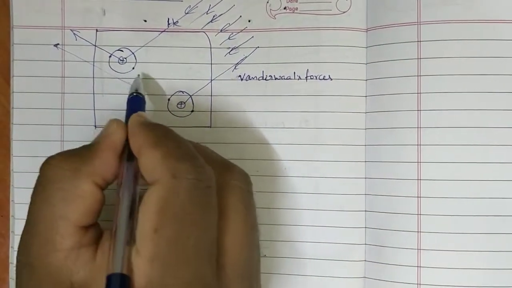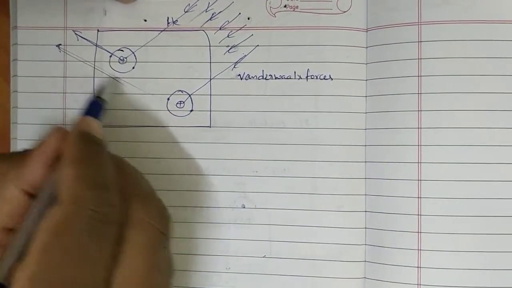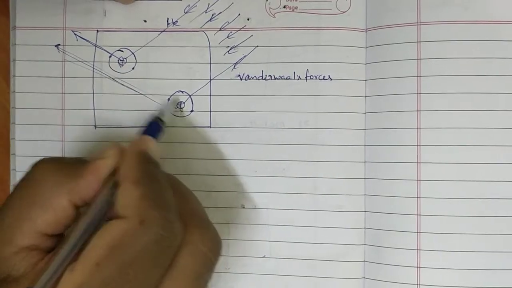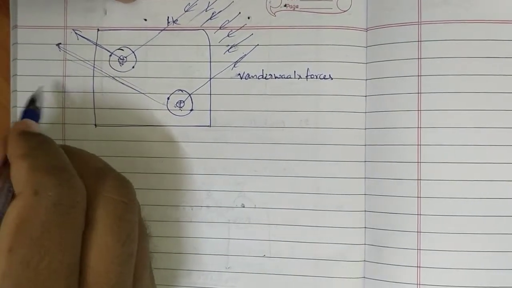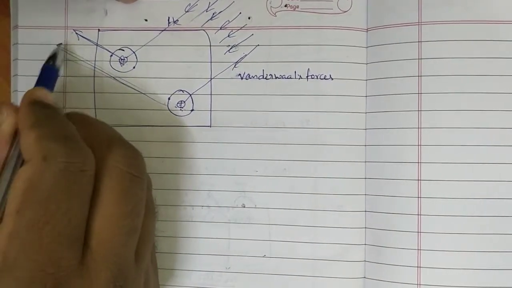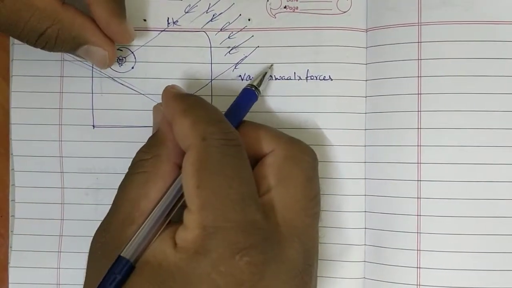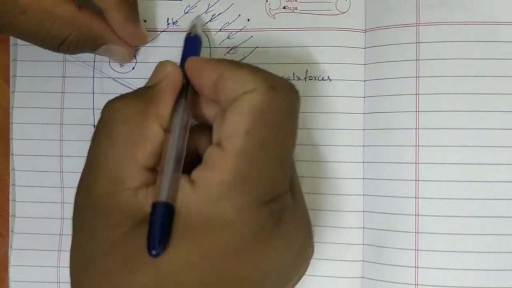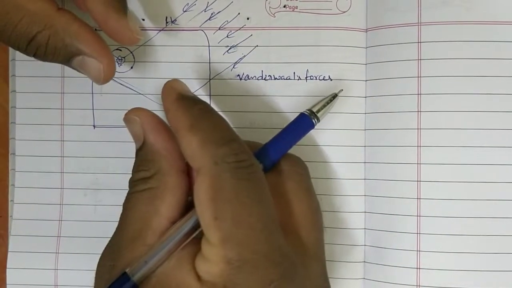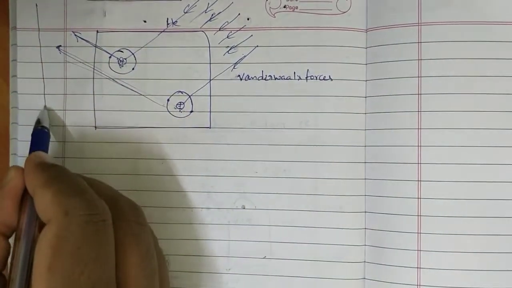Next, when these two atoms are coming closer, see, the distance between these two is nothing but the distance between these two X-rays. The internuclear distance is nothing but this distance between the X-rays. These are now a little bit far away from each other. When they are coming closer, these X-rays are going to hit and be recorded. Like that, when these atoms are approaching each other, the distance is continuously decreasing on the screen.